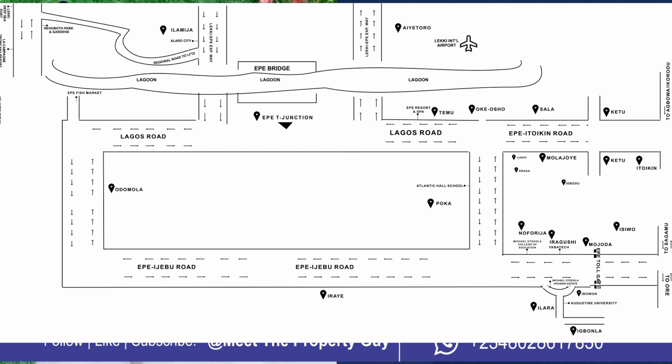Because the moment Itono City launched at 65 million, everybody just went for the commercial at MNSA Phase 3, which is sold out right now. So if you have residential in Itono City, residential in MNSA Phase 3 extension, then you should have a commercial in one of the estates in this location, and Fairmont Green and Smart City is a very good option for you to have a commercial plot, because that estate is directly facing the airport road. So having a commercial plot in Fairmont Green and Smart City is much more affordable, and also a very good way for you to maximize your investment.